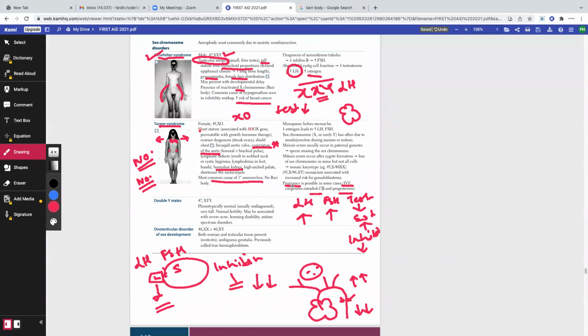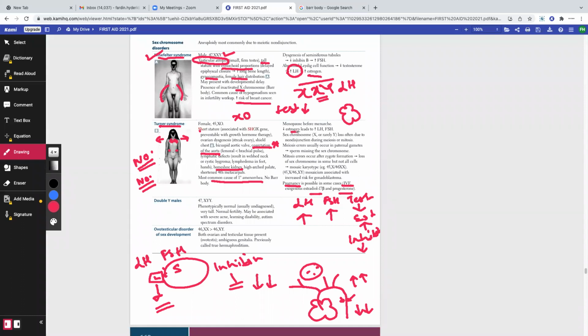Now, the thing is, are pregnancies in these females complicated? The answer is yes. Why? Because they have streaked ovaries. What does this mean? Does this mean that during pregnancy, their ovaries cannot support the pregnancy by producing the appropriate amount of hormones? Yes or no? The answer is yes. So if we want to maintain the pregnancy in these patients, do we have to supply hormones from outside? The answer is yes. Okay, so that's it.